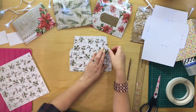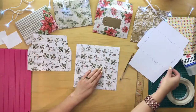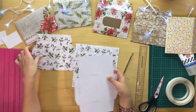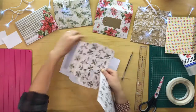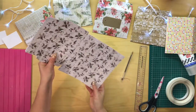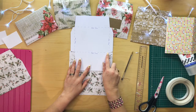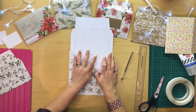So now we're going to cut the bottom half. So I know if that's the correct way up, I need to have that way. And let me work this out. Have it that way like that. That has to then be that way. Right, there we go. So that has to be that way. Now I don't want to cut from here. I need to leave a tab end to glue on. So we're going to come down